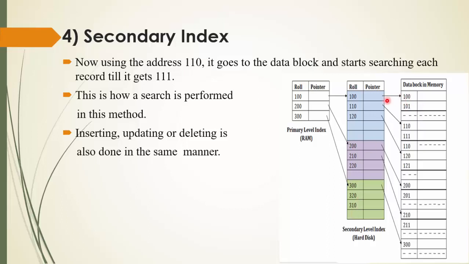After that, see the partition: 100, 101, 102 up to 110. For 120: 120, 121, 122 up to 200, 201, and so on, so more data are here. We are divided in this manner. So 100, 200, 300, after that a difference of 10: 100, 110, 120. And here we have a single data. So this structure is known as a secondary index.